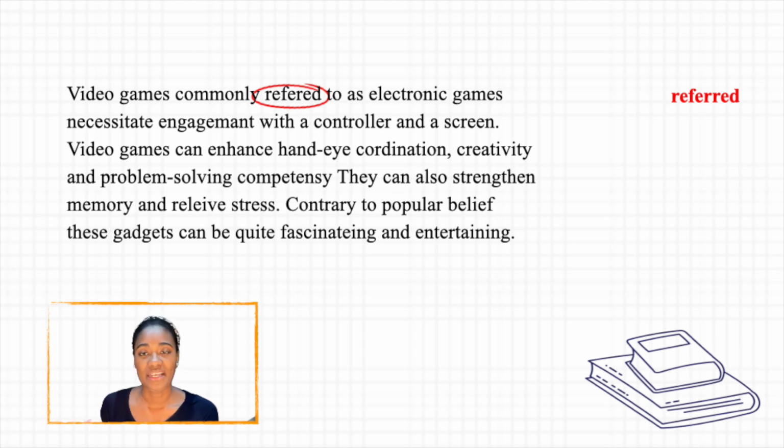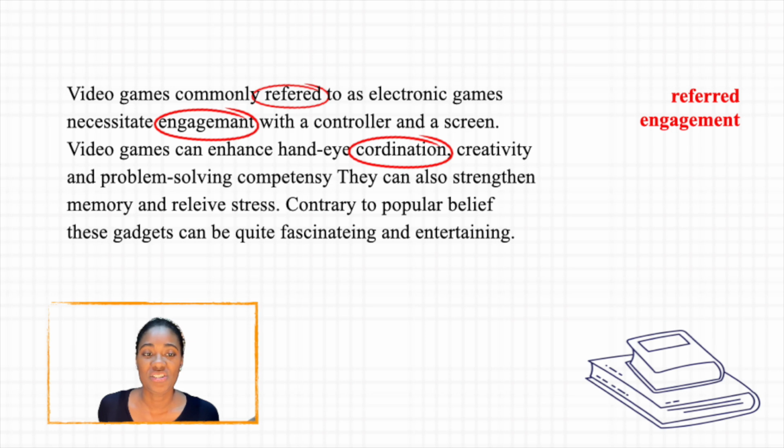We double the final consonant when we have to add the ed ending to words that end in R, yes? The second incorrectly spelled word is engagement, and engagement is spelled E-N-G-A-G-E-M-E-N-T. The third incorrectly spelled word is coordination, which is missing the letter O. So coordination should be spelled